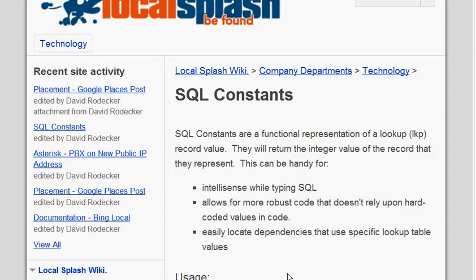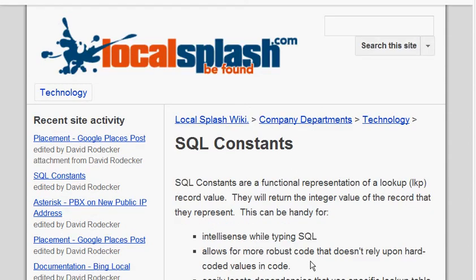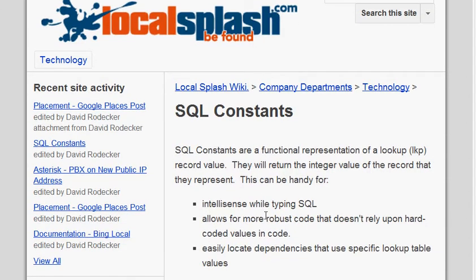This is David Rodecker, and I'm going to demonstrate a new concept that we've introduced to our database called SQL Constants. Essentially, what SQL Constants allow for is an easy way to deal with not having to hard code values in queries. On the wiki, it's found simply by searching SQL Constants,